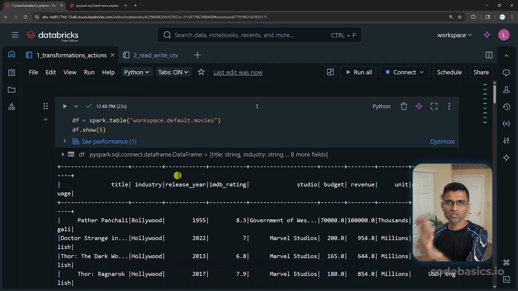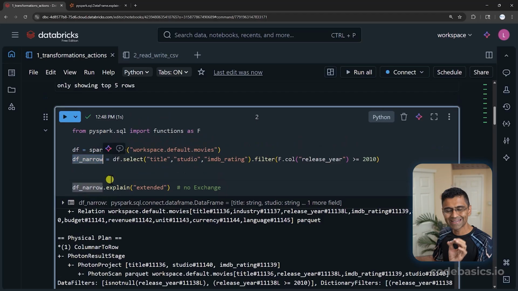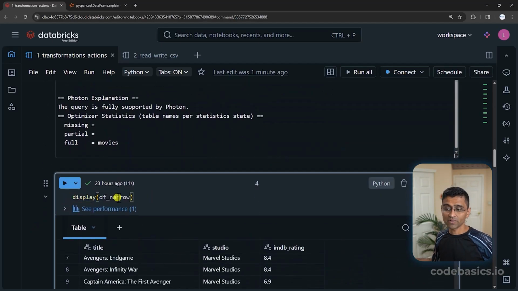We have looked at this notebook before. Okay, here when you create df narrow data frame, you are using some transformation. You are doing filter, then you are doing project, which is just selecting 3 columns out of many. Now, when you execute this cell, it doesn't actually create df narrow data frame. It will only create a plan. It will execute this code and create a df narrow data frame when you call display or when you call